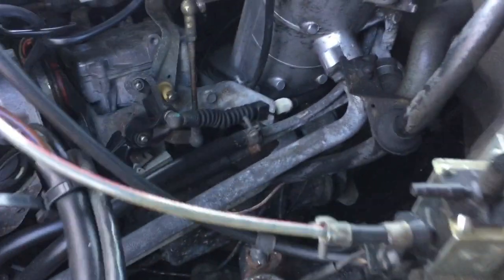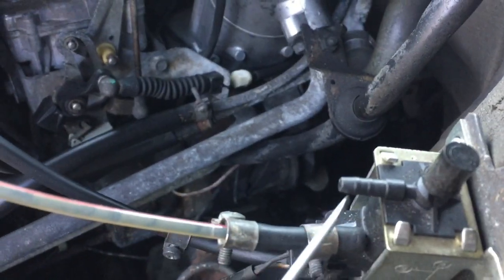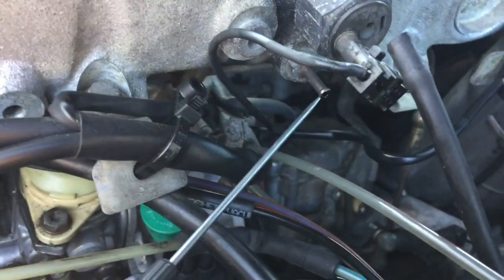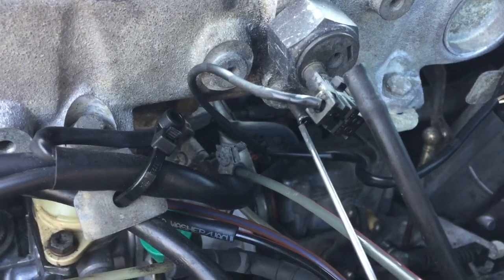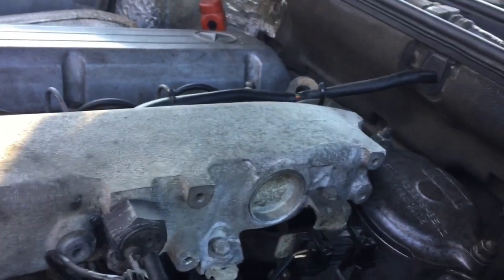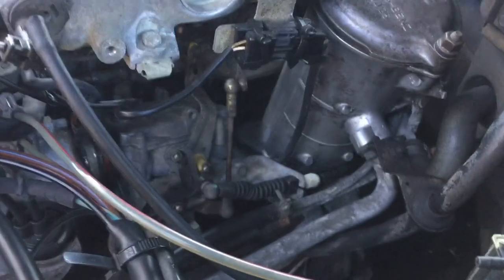All right, I loosened up the upper port right there, took that hose off, and the supply boost pressure line that's now sitting up here comes from this port right there. Make sure that this port is clean. I actually took a pipe cleaner and blew that out, to make absolutely sure that line is clean. And then take electrical contact cleaner,